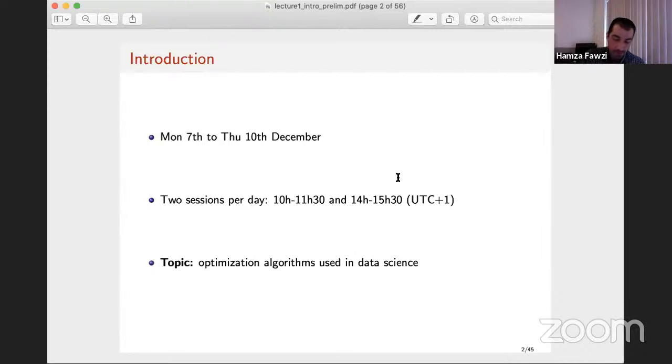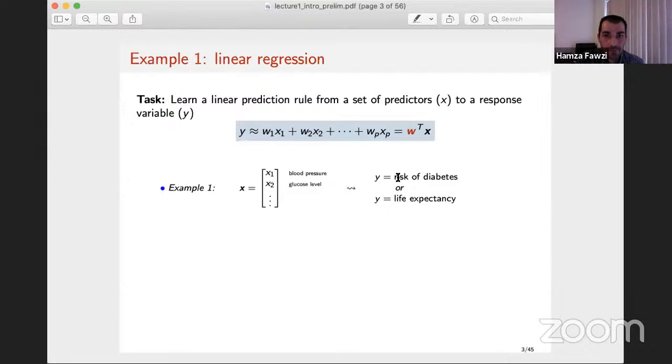I'll start the course with a bit of motivation, some examples of optimization problems that we see in data science, and some of their characteristics. And then after that, I'll go into the more technical details, the core of the course, essentially. So I'll start with probably the basic question in data science